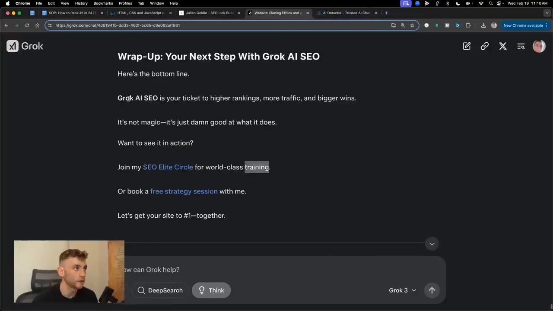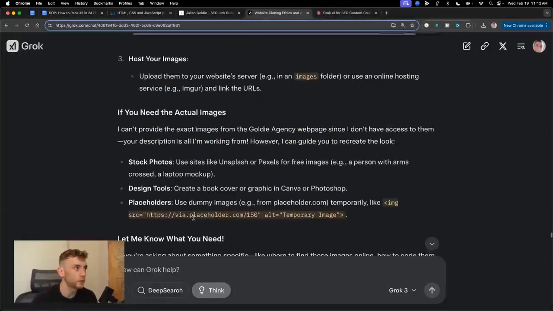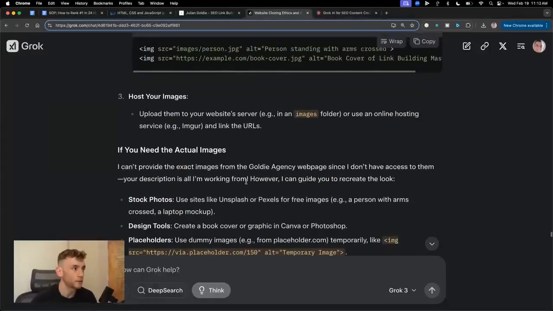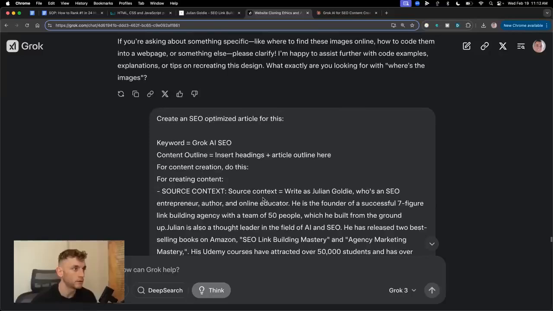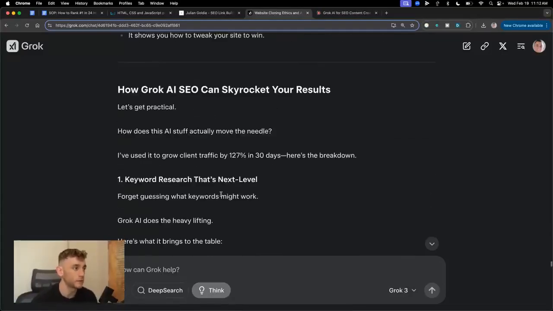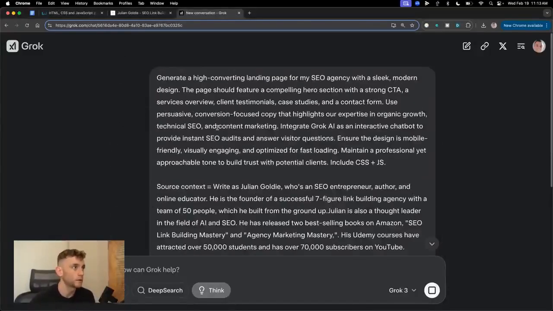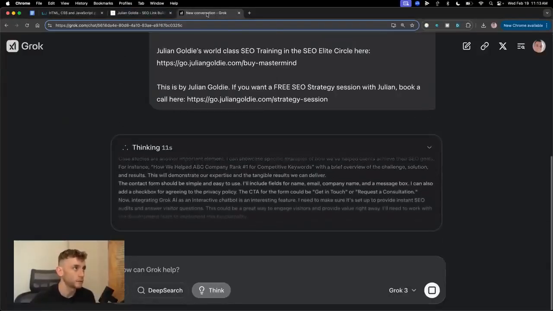And it's funneling traffic from the article directly to our landing pages, which is exactly what we want. So just in the space of a few minutes, we've built out a Flappy Bird game, we've cloned a website, we've written humanized content that bypasses AI detectors and is honestly better than most SEO tools that I've seen out there. What else? So what we can also do is, for example, create landing pages from scratch,